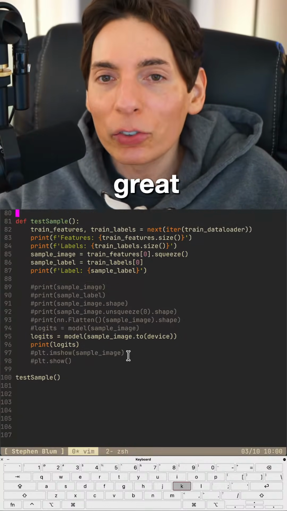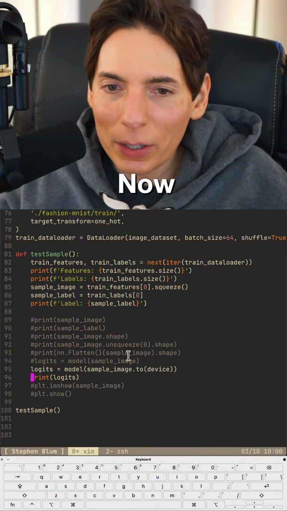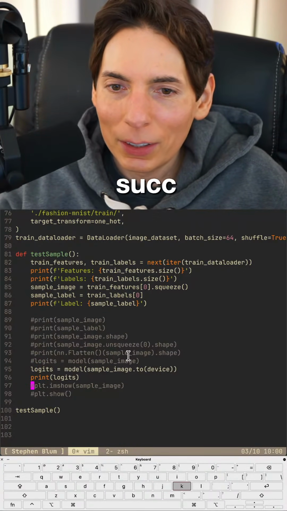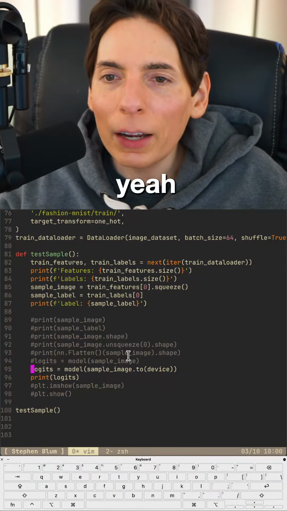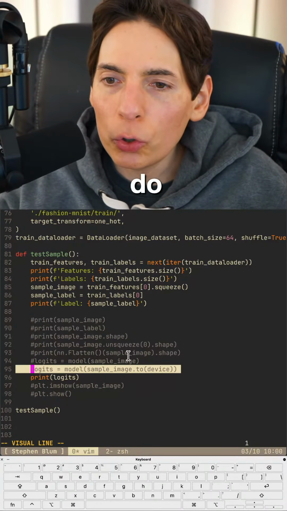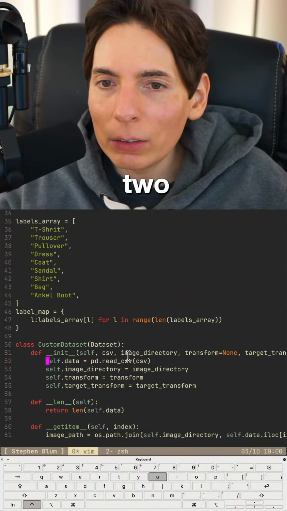That's great. Now we can actually train the model. Now we can train the model, you guys. This is successful. Hey, we did it. Look at that. All right. So should we do 2 device here or 2 device in our,